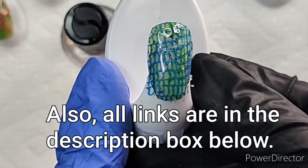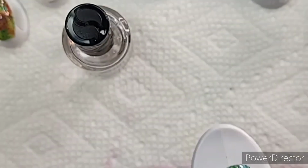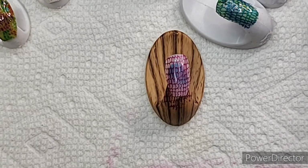So here is our Smush Mani reptile print. I am so super proud of this. I'm really excited. Okay, so what's this idea that I've had? Okay, here's my idea, Alexa. I know you like that pink. So what I'm going to do